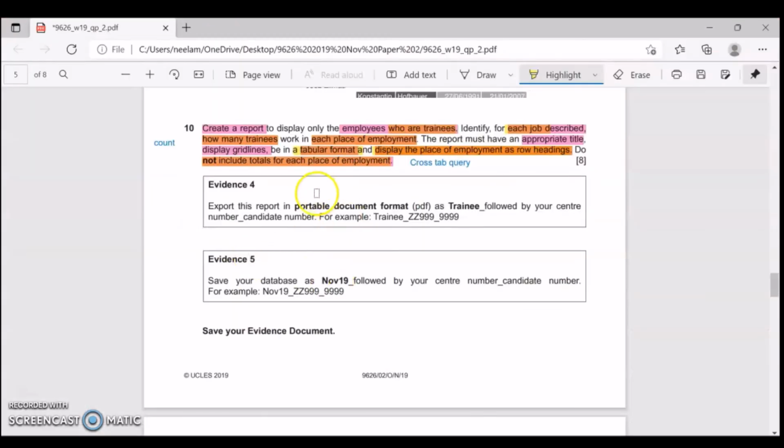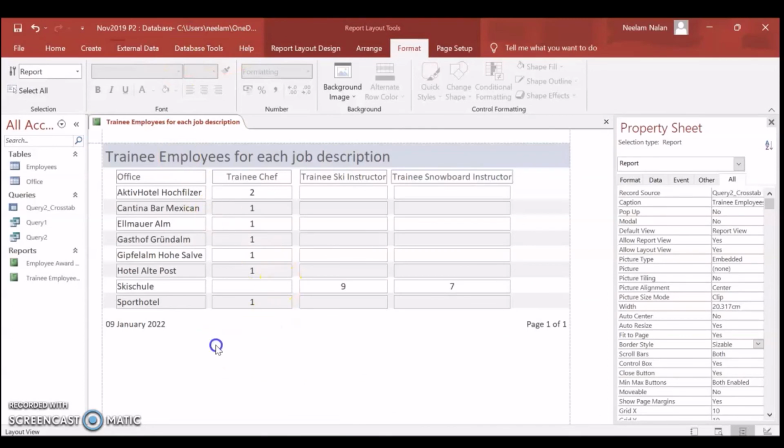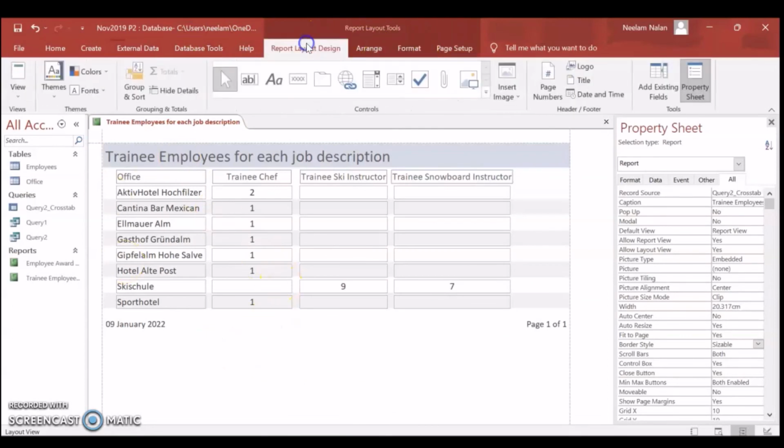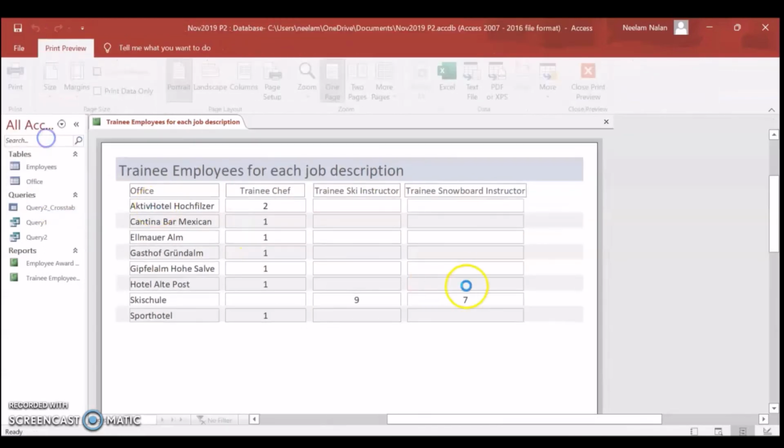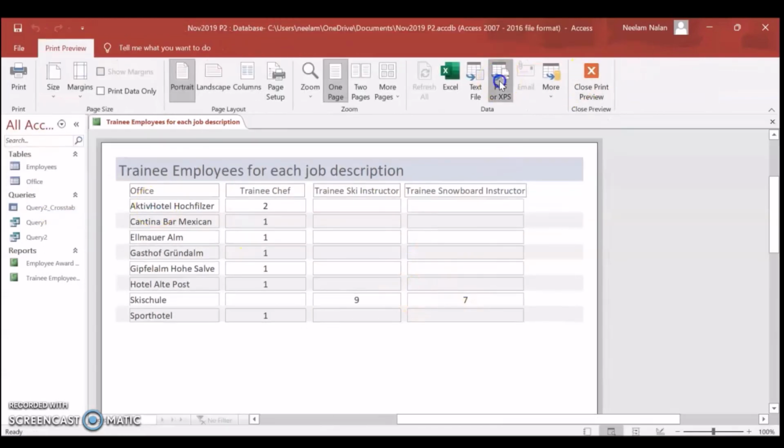We need to export this report in the PDF. So we'll go to print preview, and in the data group you can see PDF or XPS. So we'll just export it as a PDF file.